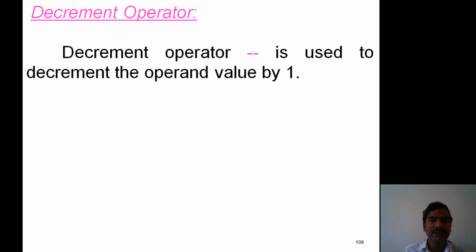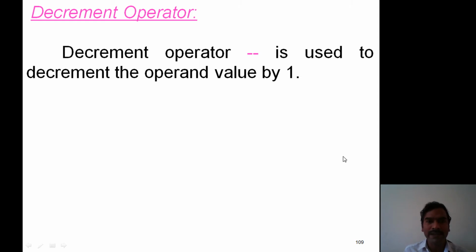Here the next one, decrement operator. The minus minus operator is known as decrement operator. Decrement operator is used to decrement the operand value by 1. So if you want to decrement the operand value by 1, we use decrement operator.